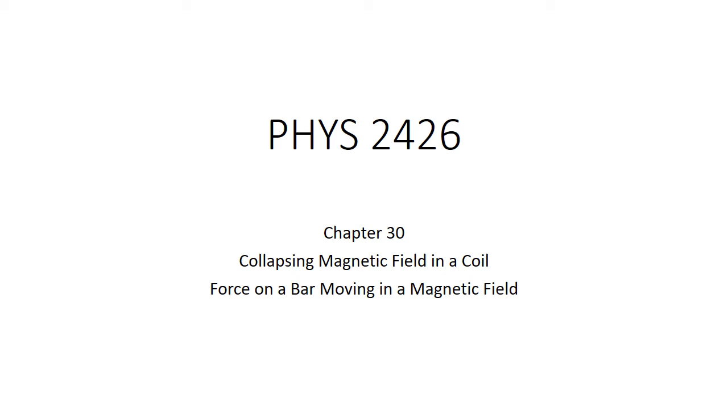We will now do two example problems for Chapter 30. One is a collapsing magnetic field in a coil, and the other is a force on a bar moving in a magnetic field. So for the first one, imagine that we've got just a